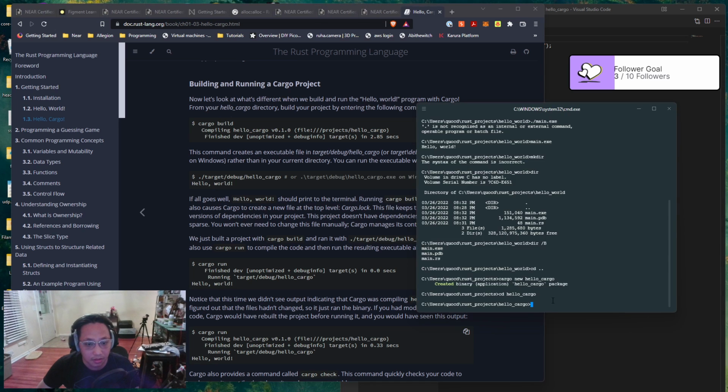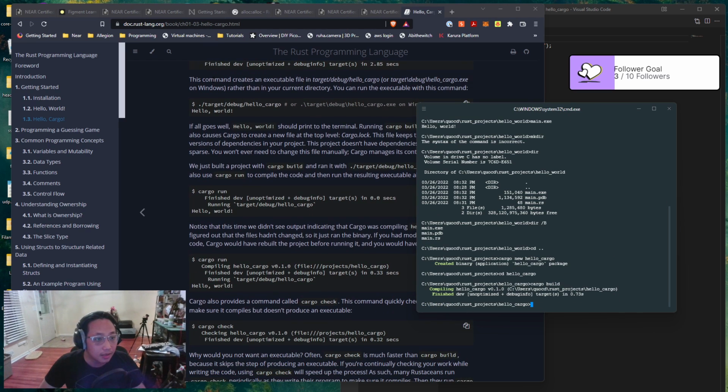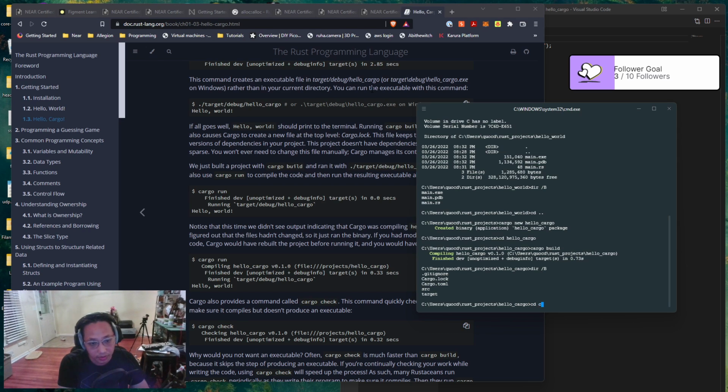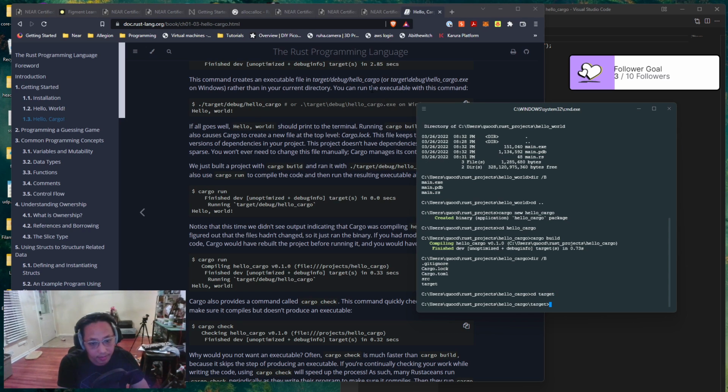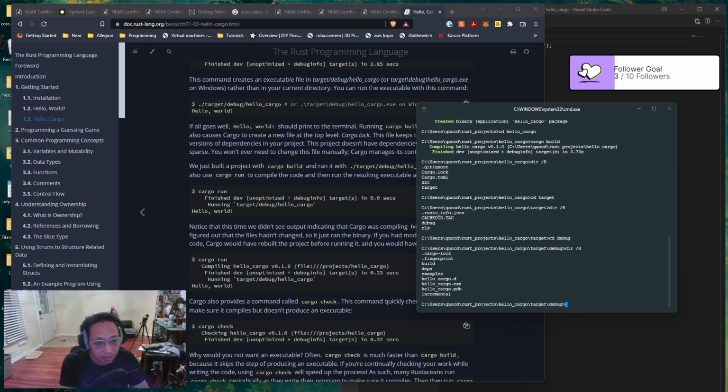Okay, so let's just run cargo build, and it's finished. This command creates an executable file in target/debug/hello_cargo. Okay, so let's try this new fancy ./. So we can cd into target, and then we can do ./, okay, and then cd into debug, and then ./ and then there's hello_cargo